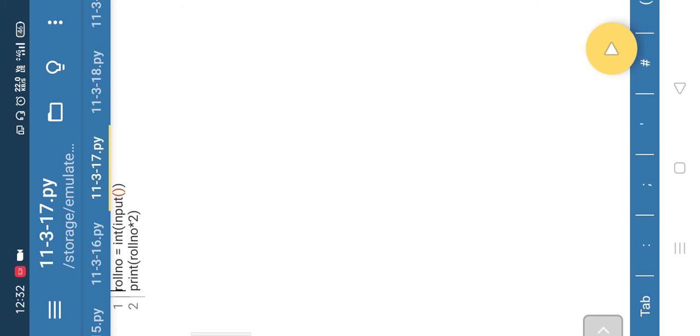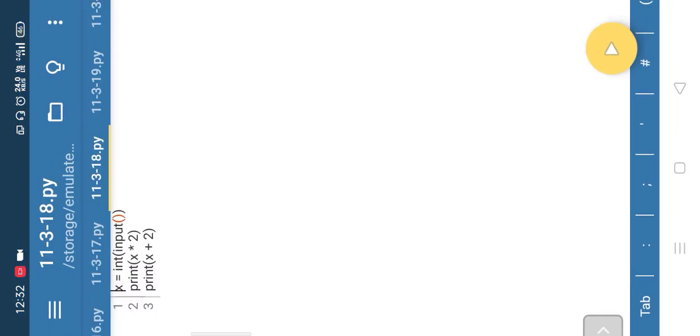आपको अपने हिसाब से सोचना है। यहाँ पर एक और प्रॉब्लम देखो, again I am doing the same thing, print x multiplied by 2 and print x plus 2. So in the second line output will be 20 and in the third line output will be 12, है ना, क्योंकि प्लस ऑपरेटर है। तो ये देखो, 10 मैंने एंटर करा और 20 और 12 आ गया ना। So the same thing is here, अगर आप 10 एंटर कर रहे हो तो x में 10 ही आएगा, कोट्स लगाकर नहीं आएगा। फिर आपने प्रिंट करा 10 मल्टीप्लाइड 2, ठीक है, तो ये सारी चीजें आपकी हो गई हैं।